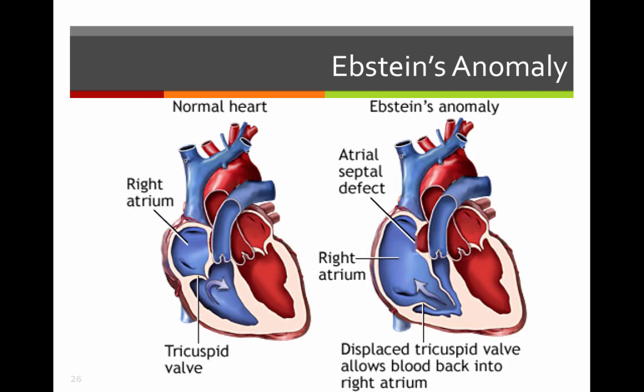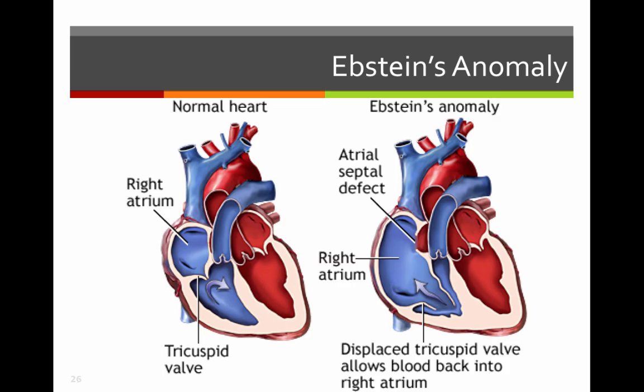We've got our normal heart on the left-hand side, our Ebstein's heart on the right-hand side here, and just look at the tricuspid valve here as normal. It's not allowing backflow of blood into the right atrium. Here, because we have that malformed tricuspid valve, it does allow for a little bit of a backflow of blood into the right atrium. And again, you might have this septal defect due to tetralogy of Fallot,